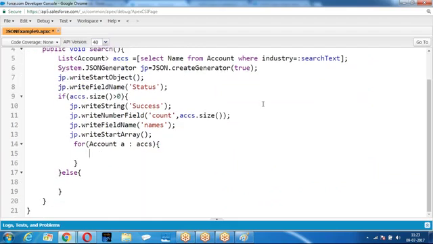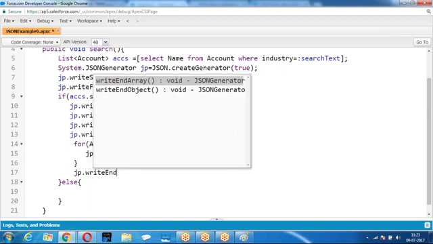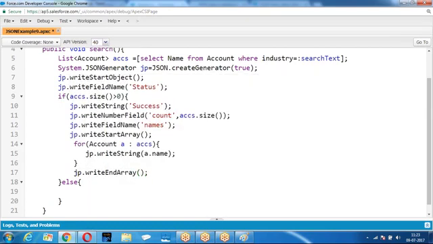Any query on this? Clear? If records are found, status equal to success, count equal to number of records, names, then followed by the starting of an array, then you have to print the value. How do you print the value? jp.write. Then once you have printed all the names, jp.writeEndArray.